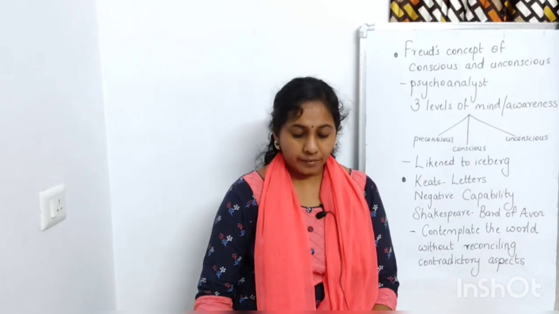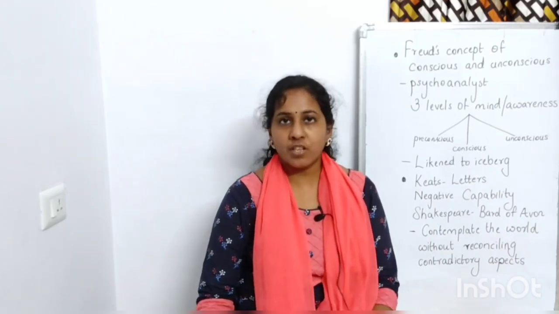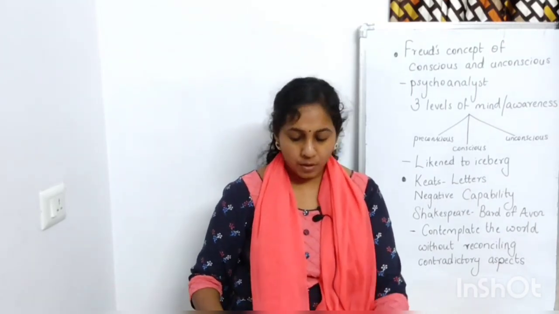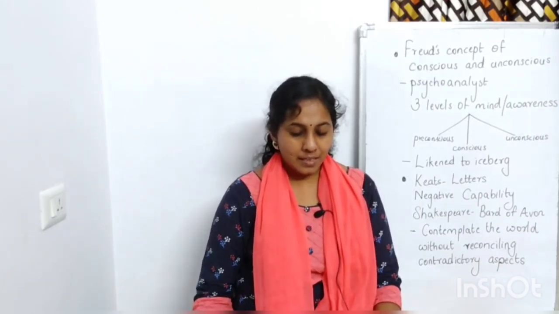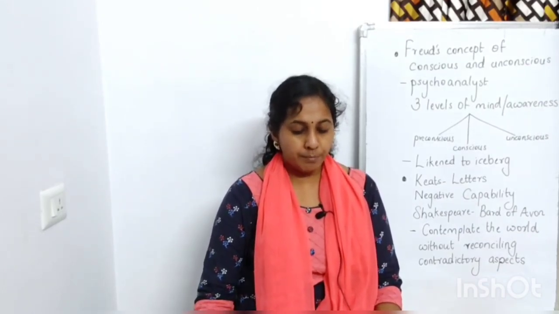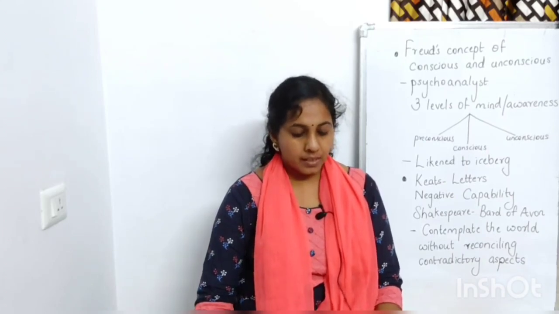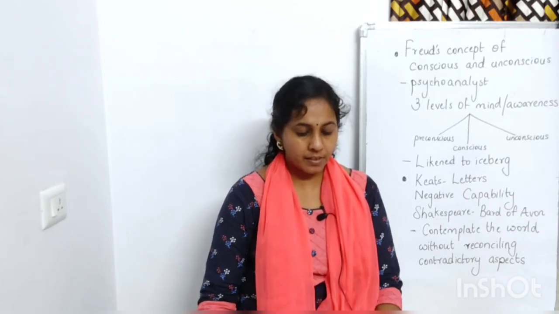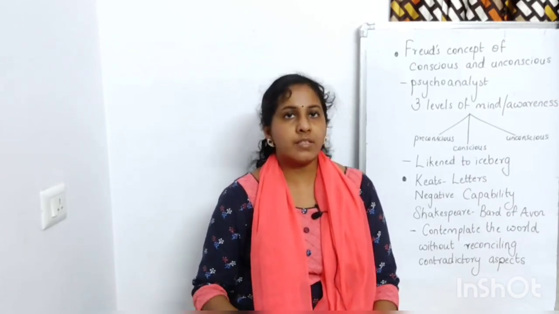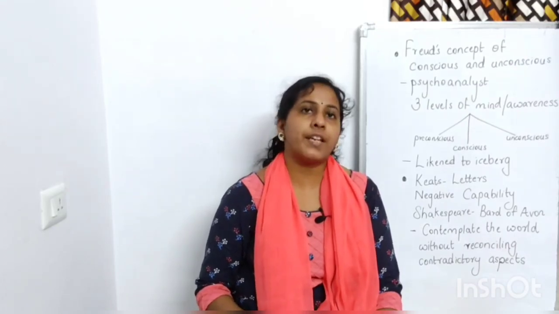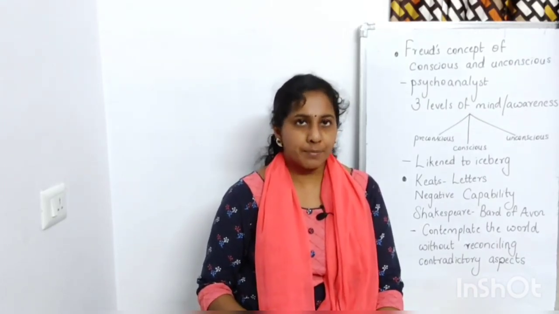Now Keats was a great admirer of Shakespeare. Shakespeare is Elizabethan. Keats was a great admirer of Shakespeare, and his reading of the Bard of Avon illustrates the genius of Shakespeare. What does Bard of Avon mean? Who is addressed as the Bard of Avon? The Bard of Avon is Shakespeare.